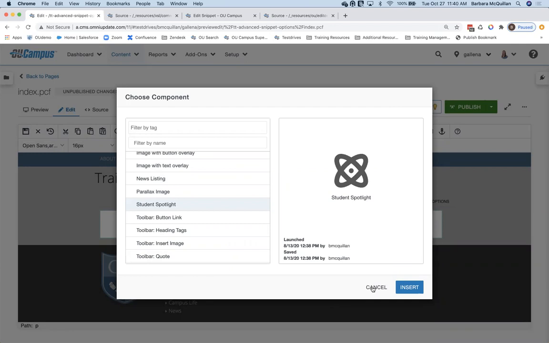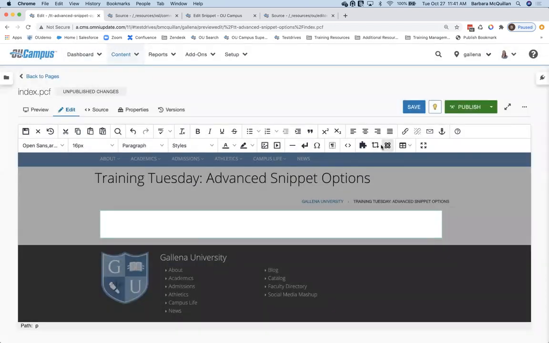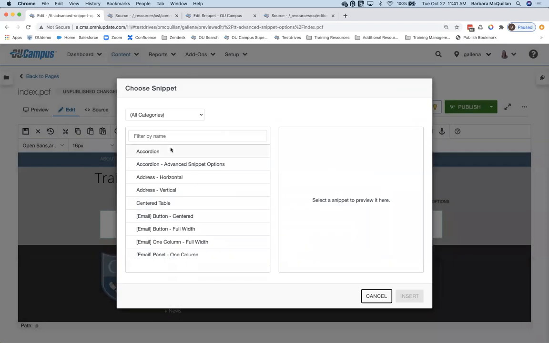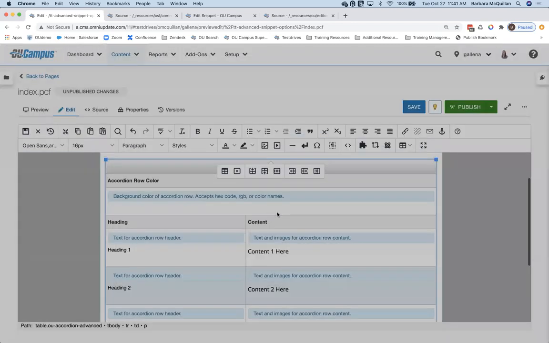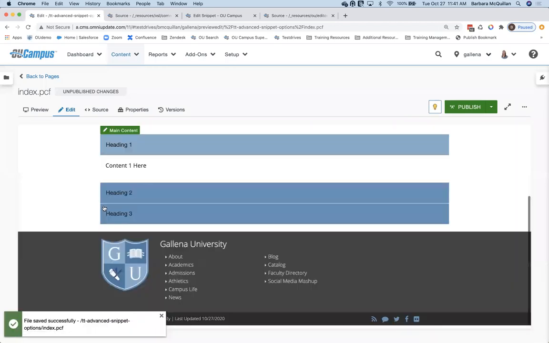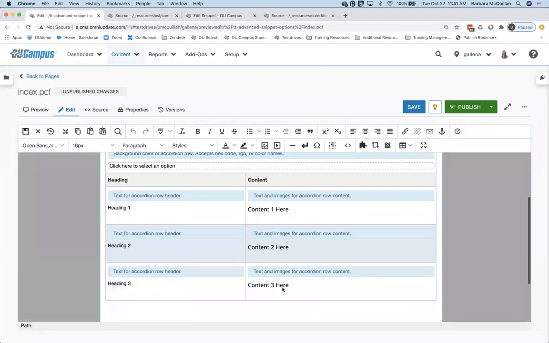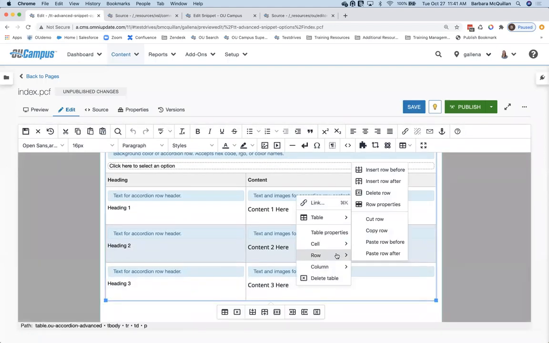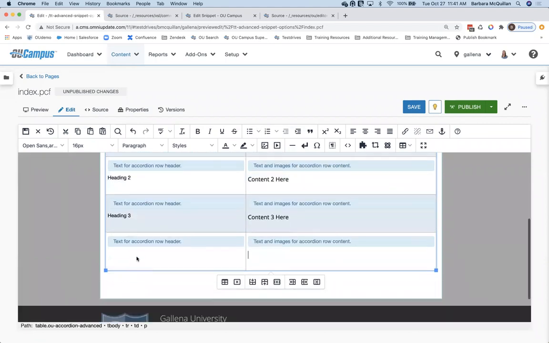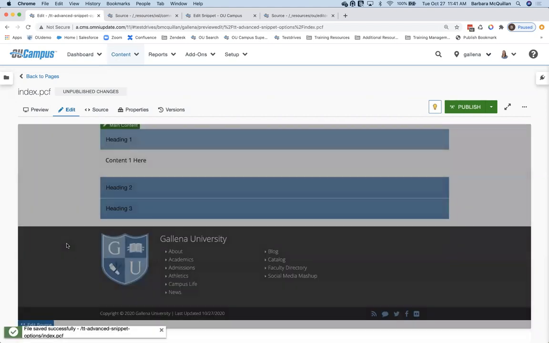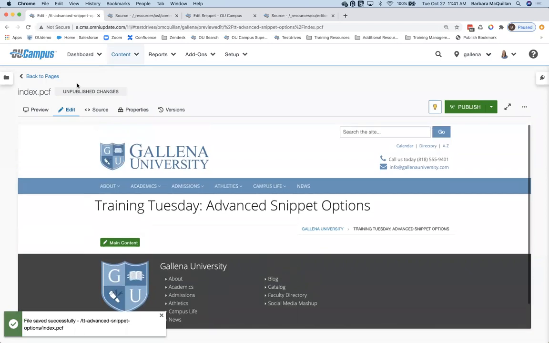The point where components begin to find their limitations is when you have a piece of content like an accordion. Oftentimes for an accordion, you're not going to have every single page where you place that accordion with the same number of rows. In this case, my accordion comes in with 3 rows, and I can edit it and just insert an additional row, insert after. So this would now be row 4. And the XSL can find it.